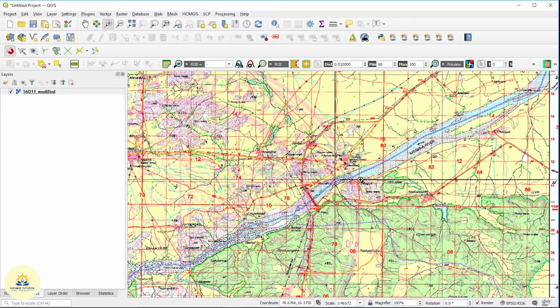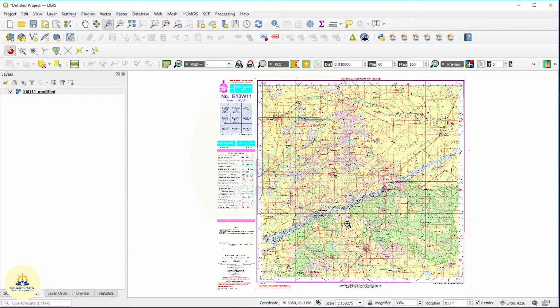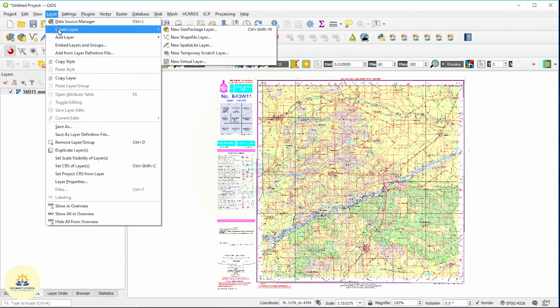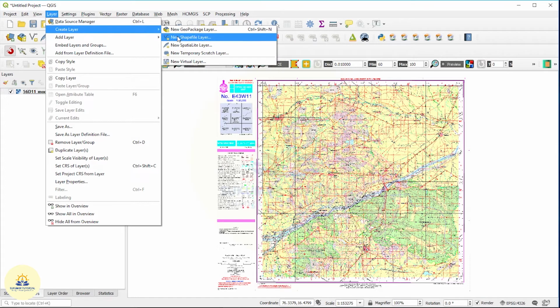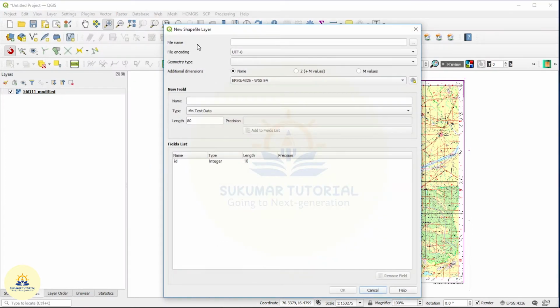So I am going to start digitizing the road, for which I have to go to Layer, Create Layer, you click it. From the Create Layer, New Shapefile Layer, you have to click it. Then it is asking for the folder directory and the name of the new shapefile.